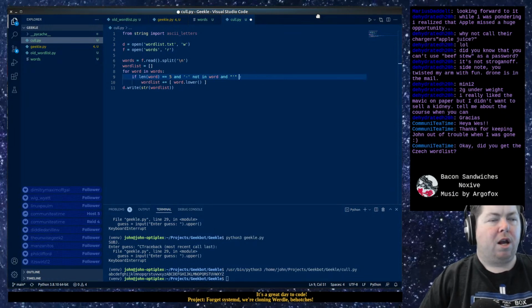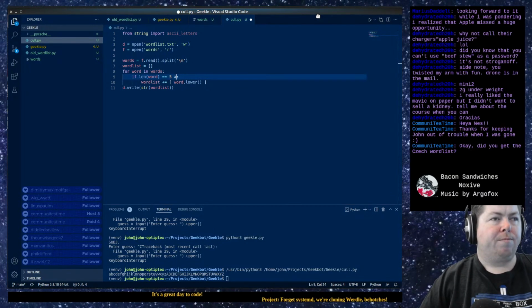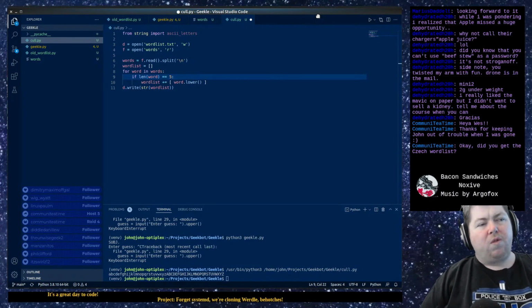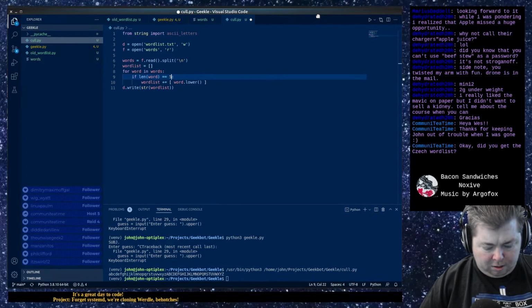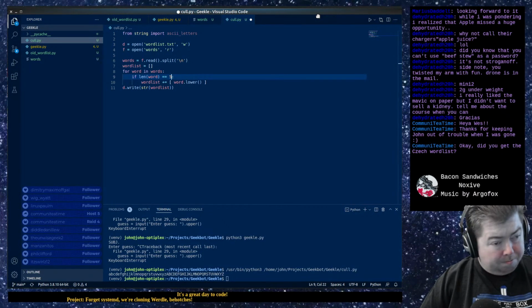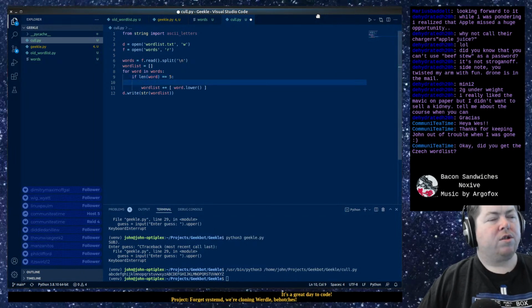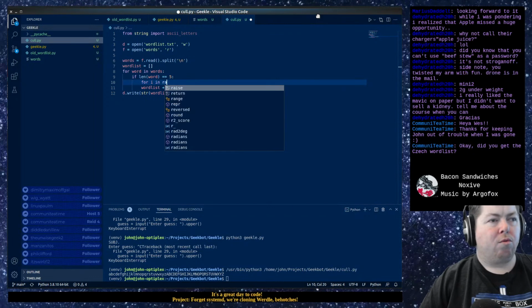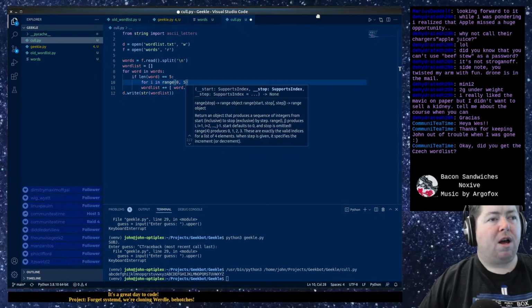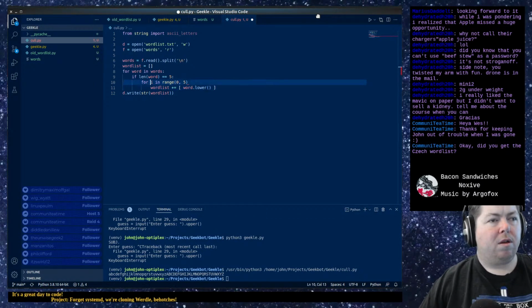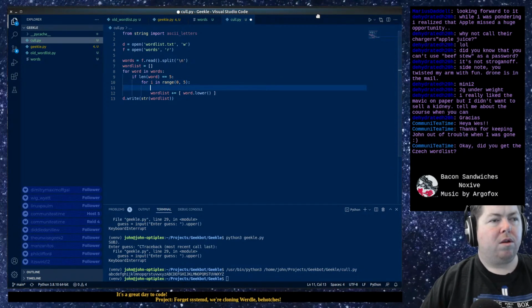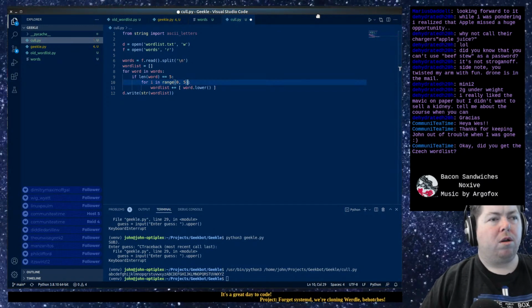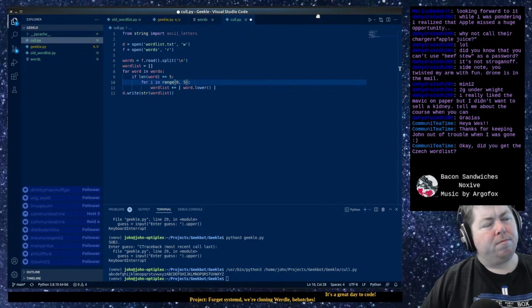So we can take out a lot of this logic, and if the length of the word equals 5, for i in range 0 to 5. I guess it would be 0 to 4. Wouldn't it? No, we'll go 5.